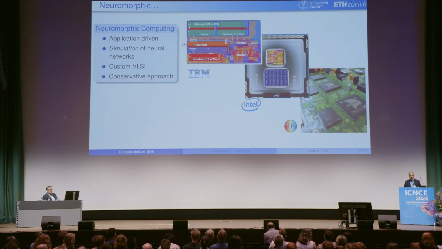This was also done in parallel by other groups in Europe, in Heidelberg and in Manchester, with the Human Brain Project, the SpiNNaker project, and the BrainScaleS project. We're also developing simulators for neuroscientists and for simulating spiking neural networks. And more recently, since 2018, Intel, also with the Loihi chip, started producing these asynchronous digital spiking neural network simulators. So it's a more conservative approach compared to the basic research approach of Carver Mead and Misha, but still it's neuromorphic because it's trying to simulate spiking neural networks, so biological processes, with electronics.